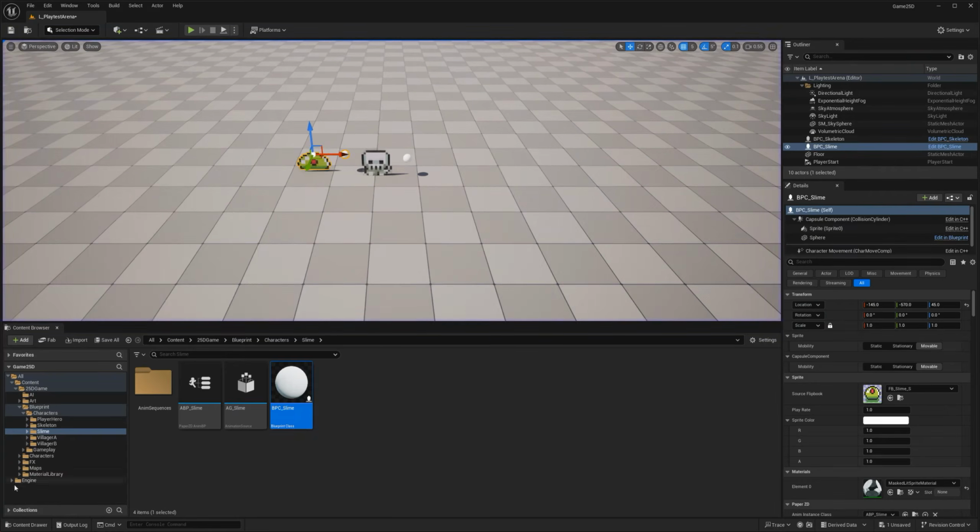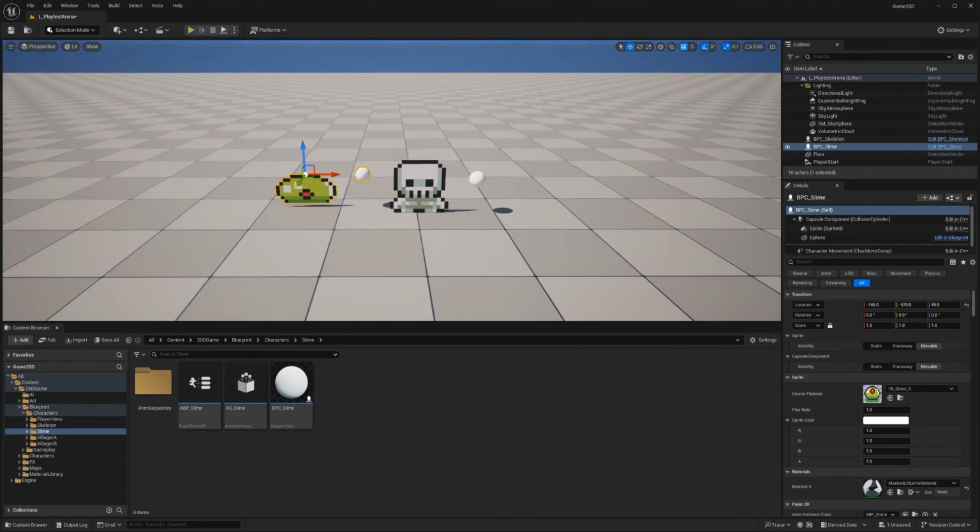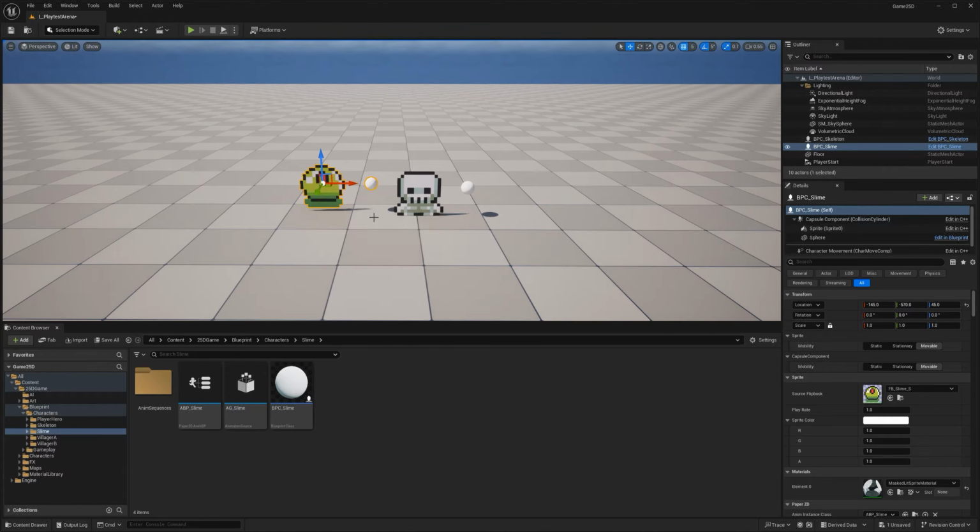So in order to really test it, the next thing we're gonna do is just create a basic AI. So I'm gonna repeat something that I've been repeating all along. There's many ways to achieve the same result inside Unreal. So for the AI, we're gonna just do something really quick, just to test it out.